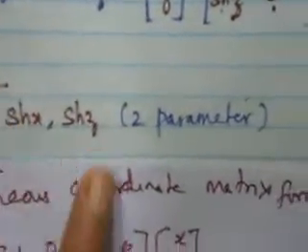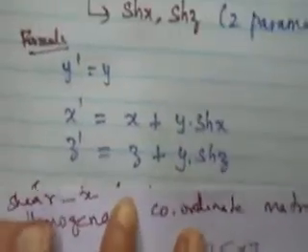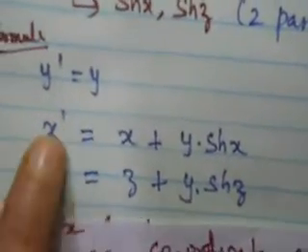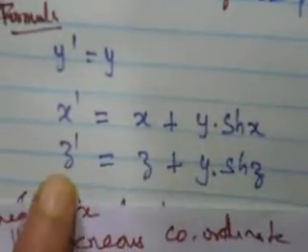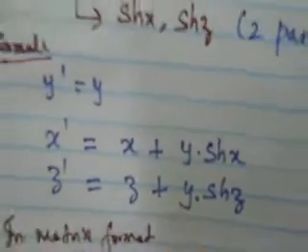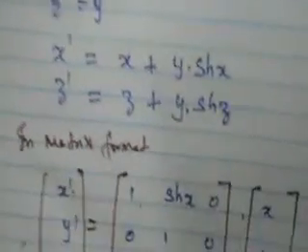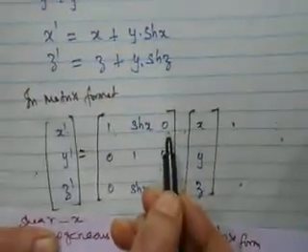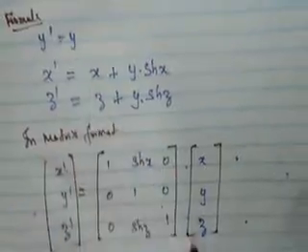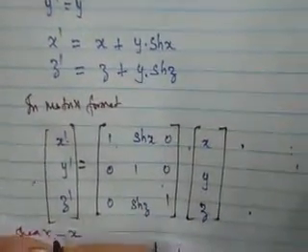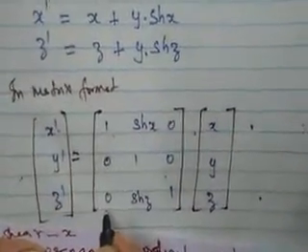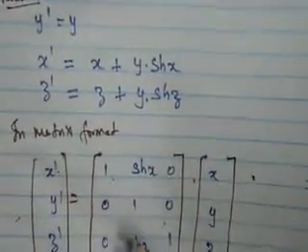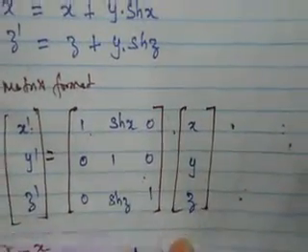Now let's move on to shearing y. In shearing y also, we have to retain y as it is. We have to make changes in both x and z, so here also we require two parameters. So y dash is equal to y, x dash is equal to x plus y dot shx, and z dash is equal to z plus y dot shz. In matrix form, see here, for x dash, x we have written 1, and then for y we have shx, there is no z value, so we have substituted 0. Then for y dash, y alone is 1, so 1, and the remaining values we fill with 0. For z dash, there is no x value, so 0, then the y coefficient shz, then z value 1. Then the old coordinate x, y, z.